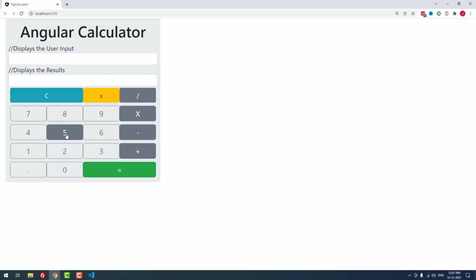Now let me add the numbers 50 plus 25. It will automatically display the result without clicking the equal button: 75. Now 45 minus 5. It is showing the result 40. Okay, 85 times 2, 170. Then the divide option, 50 divided by 2, 25. If you want to erase a particular number, you can use this yellow X button. Okay, if you want to clear all the fields, then you have to click the C button.